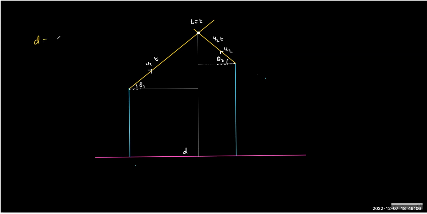So we can add d equals to u1t cos theta 1 plus u2t cos theta 2, and we are done. So t equals to